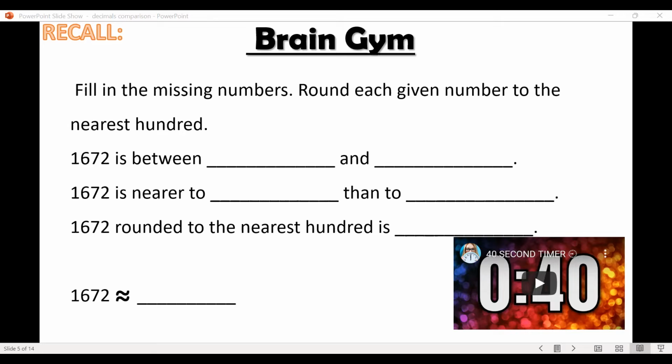What place are we looking at? The 100th place. 1,672 is between which 100th place and which 100th place? Clarissa? Which 100th place? Class, 1,672. Which digit is in the 100th place? 6. What are the